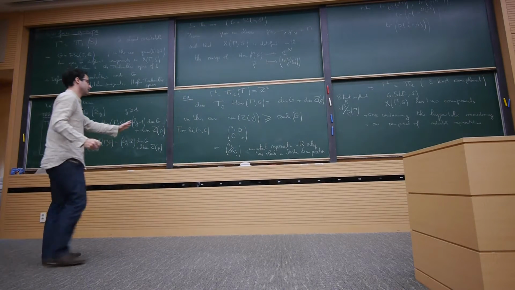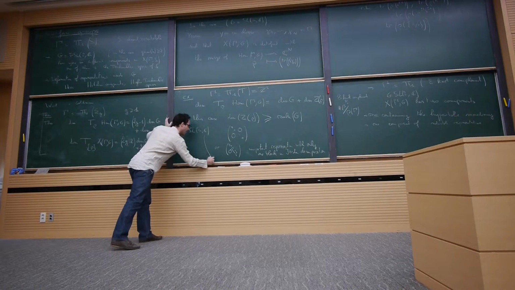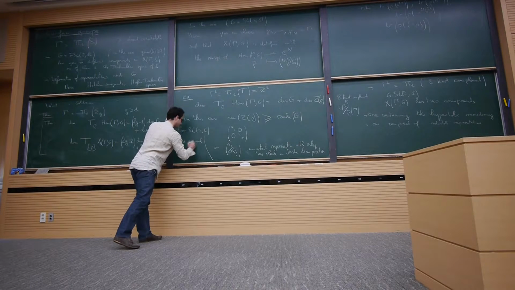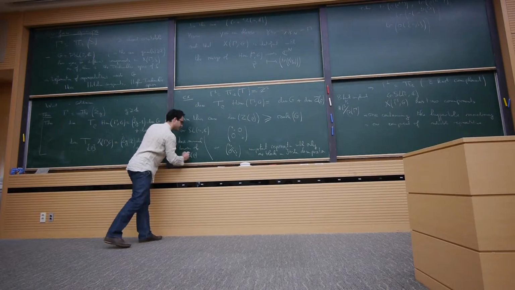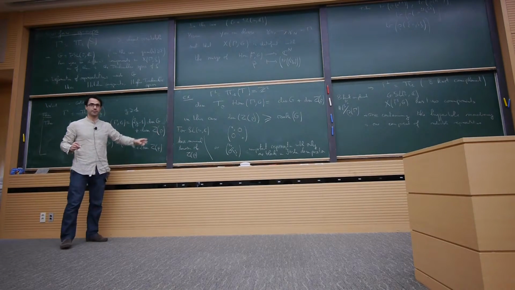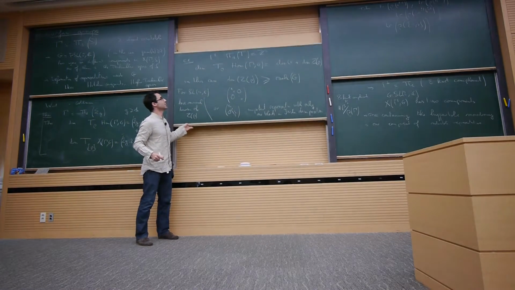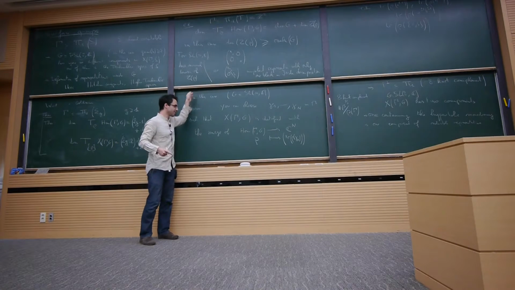So these two kinds of representation have minimal dimension of centralizer. Okay. Those representations will be important for me, so